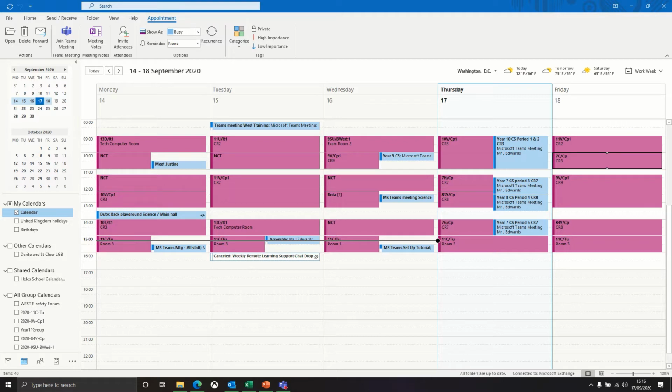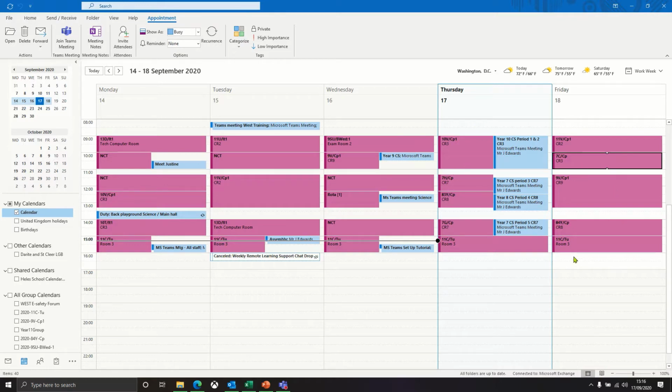You'll be familiar with Outlook because that's where we get all our emails from. What you may not use in Outlook is the calendar feature. Now, the calendar feature can be found by clicking on this button down in the bottom left corner. Okay, and you'll get this view when you click on it. It basically shows all of your timetable, and as you can see, I've got various meetings going on throughout